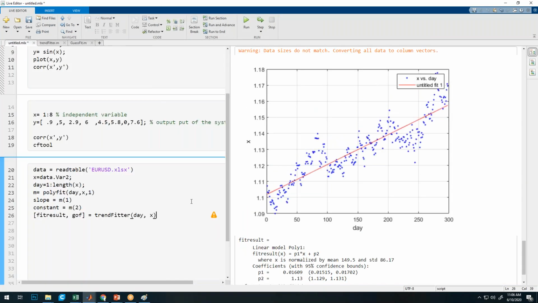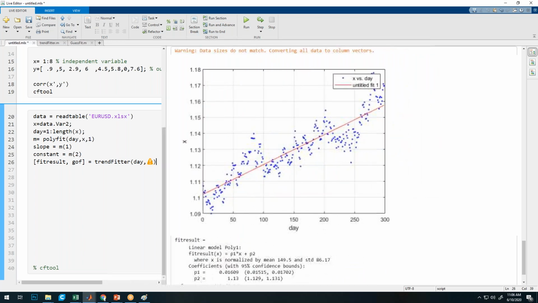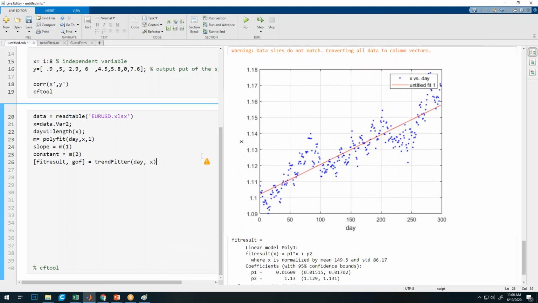So in the first example, we have fitted a straight line. Now suppose I want to evaluate the value of the stock after 400 days. Right now we have the data of only 300 days, right? So after 400 days, I want to calculate what will be the price of the stock. So how can I do it? Because I know that in a straight line, the general equation, I'll put it into a comment, is y equal to mx plus c.